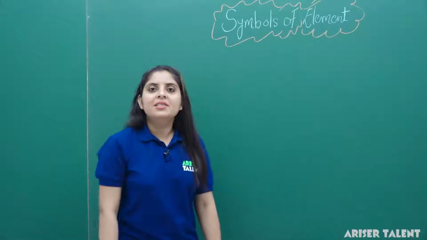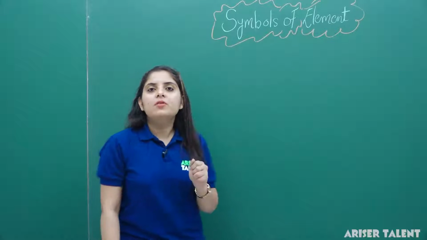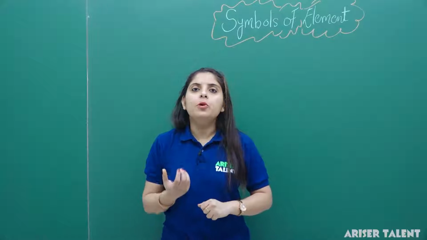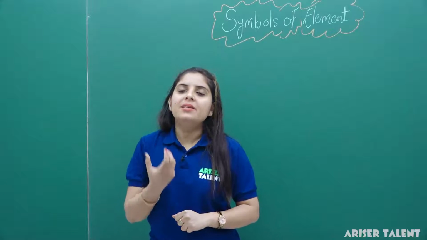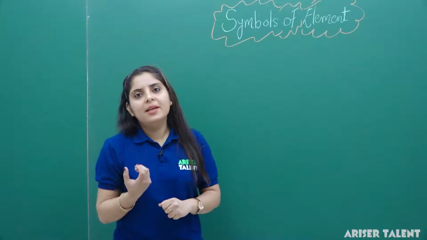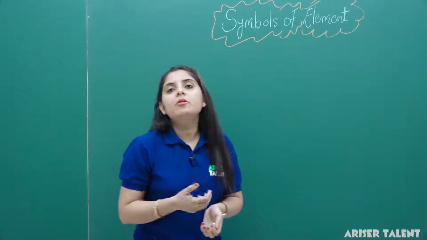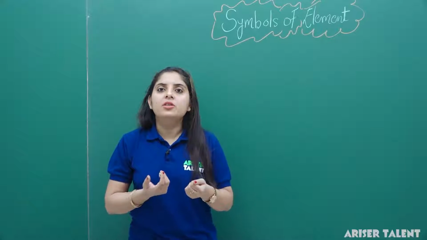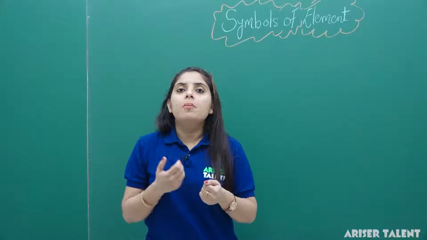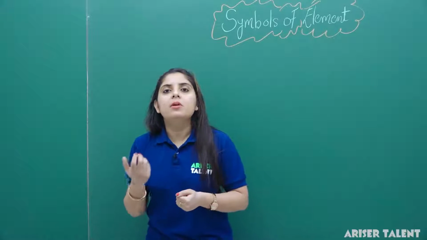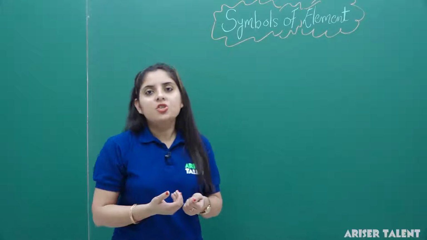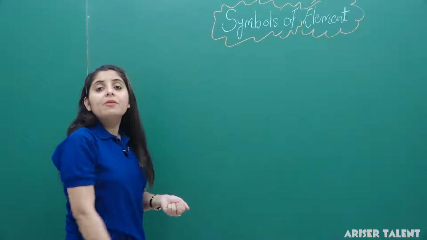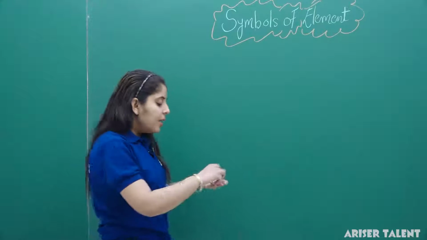Now we have our next discussion, that is about symbols of the elements. I have already told you that the symbol of an element is the identity to represent any element. So we have different symbols for different types of atoms, and they also have different origins, that is, some may be taken from Latin language, some may be taken from Greek, or others may be taken from German. So we have a list of symbols of different elements.